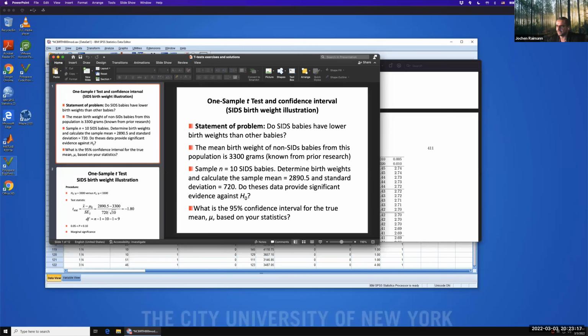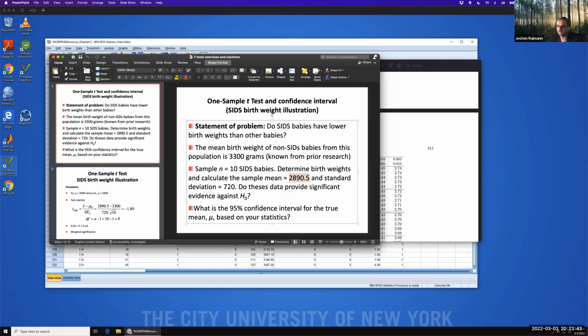So the question you're facing is the statement of a problem. Do SIDS babies have lower birth weights than other babies? So the mean birth weight of non-SIDS babies is 3,300. When you're taking now a sample of n equals 10, or a degree of freedom of 9, you calculate that sample mean with